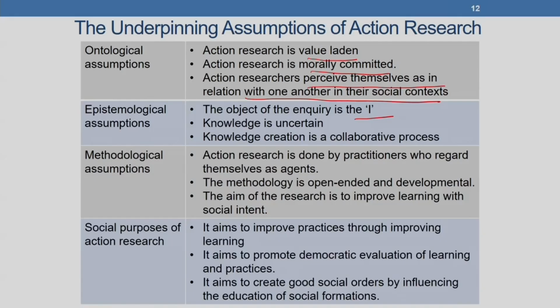The fourth underpinning assumption of action research is that of the social purposes of action research. Why are we undertaking action research? That becomes one of the assumptions of action research itself. So, the social purposes refer to why we do research in relation to informing and improving its social context. The main social purposes of action research include aiming to improve practices, aiming at improving workplace practices through improving learning, to promote the ongoing democratic evaluation of learning and practices,